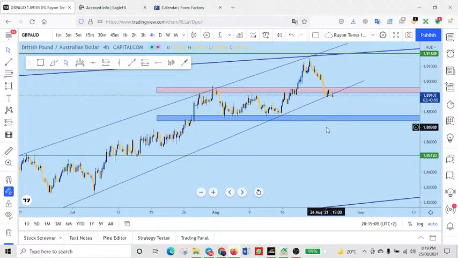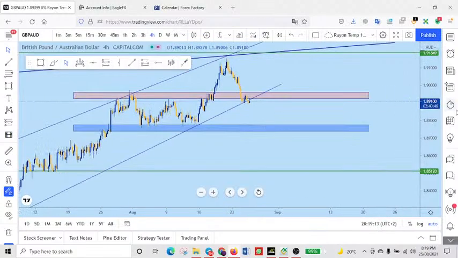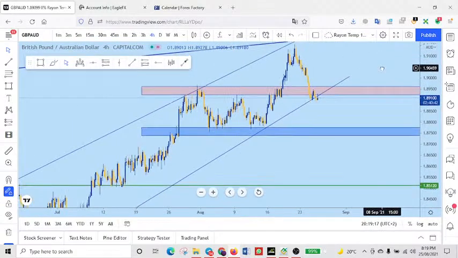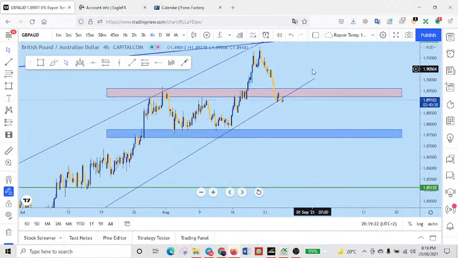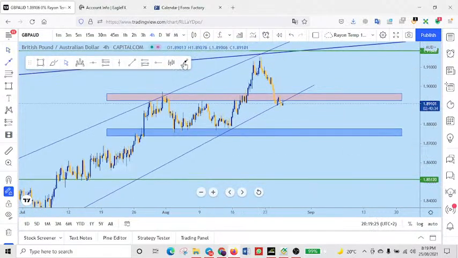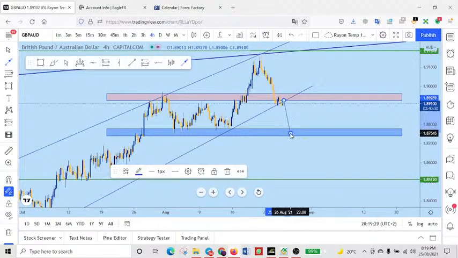Okay, and looking at what is happening in the market at the moment, we can see selling pressure kicking in here. So now looking at this just based on the 4-hour time frame, I'm expecting price to come down here. Then from here we have a possible bounce off here. Then from there